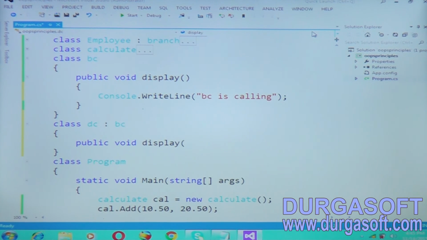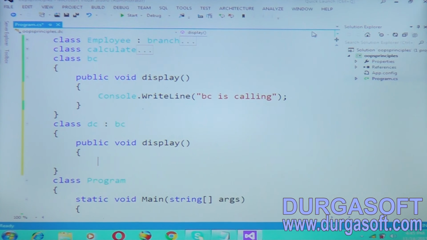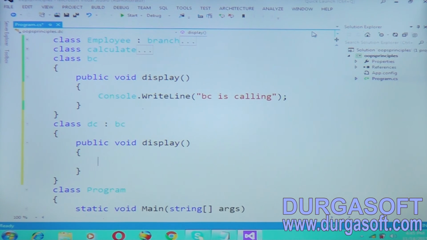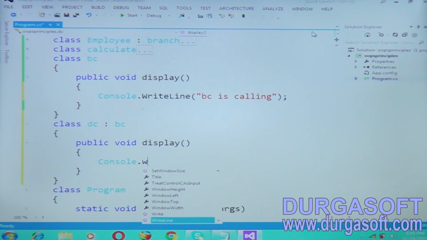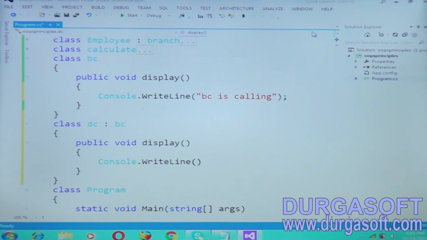I told you the same method name can be used. Put Console.WriteLine "DC is calling" here. DC display method is calling, BC display method is calling.